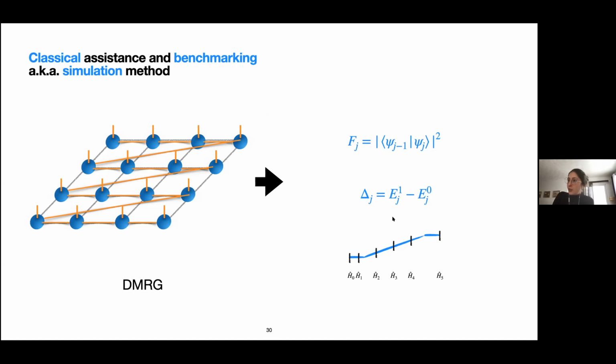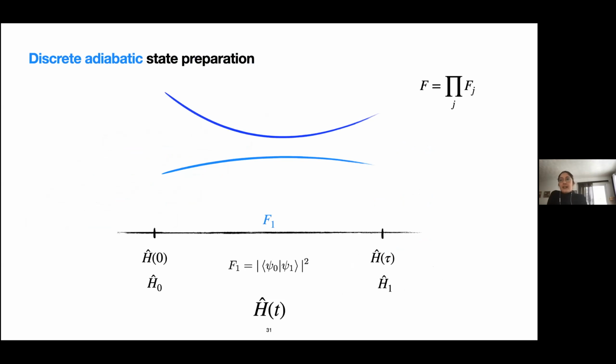So now I want to discuss a bit more about how we define this discretization, this path. Where do we know where to put our Hamiltonians in order to have a high probability of succeeding of our algorithm? So you could have some kind of constant time step that you define by 1 over the gap. But here we choose to do something a bit more clever. So we won't have the most optimal density of measurements, but we may have something that is better than a constant time step. So the idea is we first start by